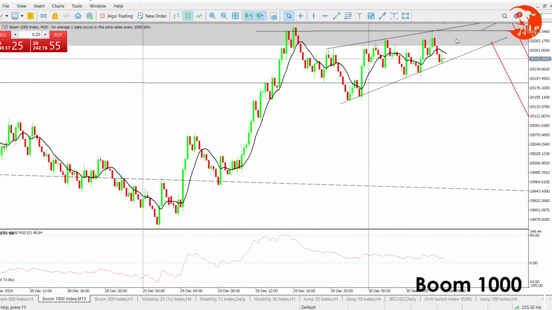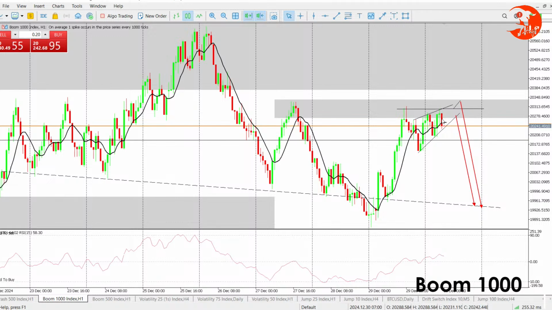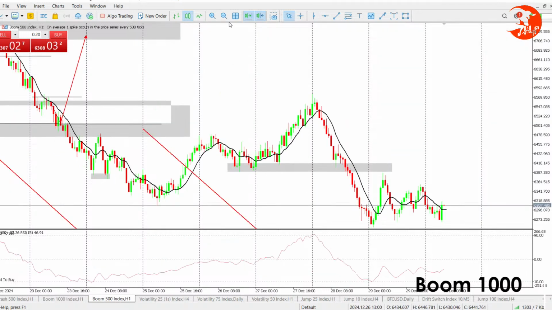So once we have a breakout from the rising wedge there, or from the H1 ascending triangle right there, still we will be looking at the sales. All right, that's it for me on Boom 1000. Let me now head over to Boom 500. Boom 500. So Boom 500,